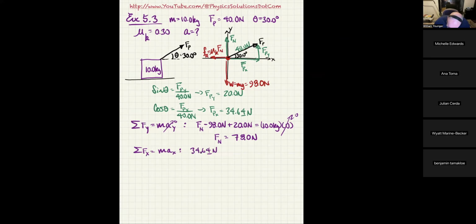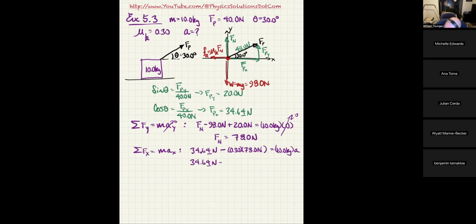And then the friction force is going to be mu kinetic, and notice it's in the negative direction. So I'm taking plus a negative quantity, but I just write that as minus. That's going to be 0.30 times the normal force, which is 78.0 newtons. And those are the only two forces acting in the x direction, and that's got to be equal to 10.0 kilograms times A. If I take 0.3 times 78, I get 23.4, so this becomes